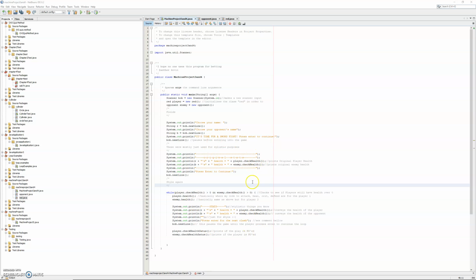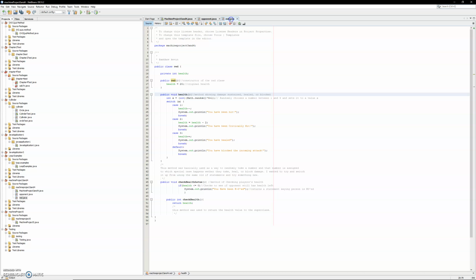and basically checks to see if you're knocked out. Here's, for instance, one of my classes. Here's my main player slash my red class. I have the class here, and then I have the constructors, my bad. The constructors to describe red, and this is giving it the original health, 20,